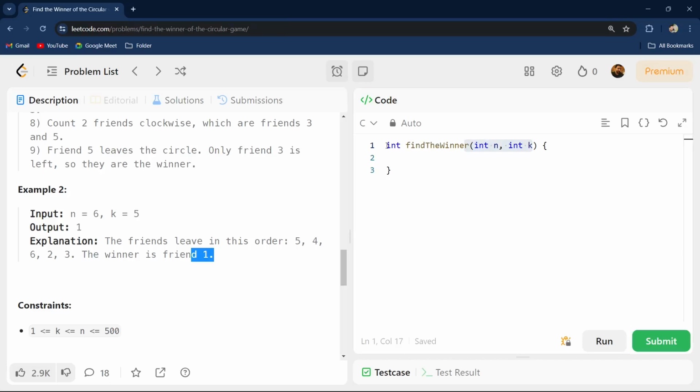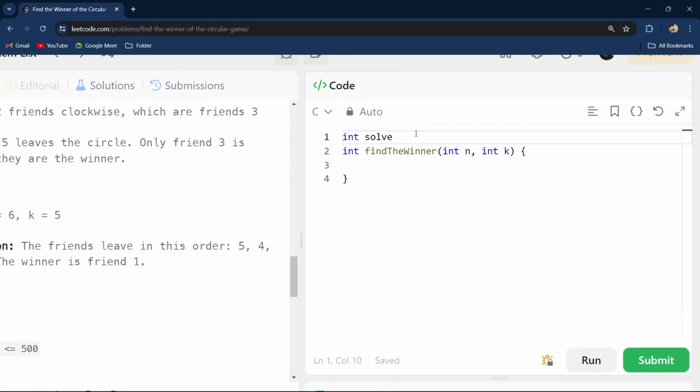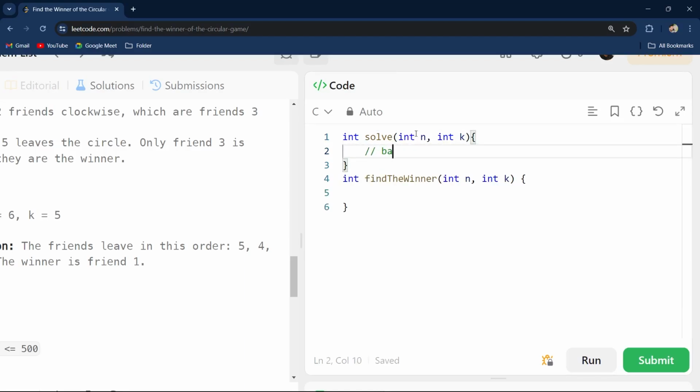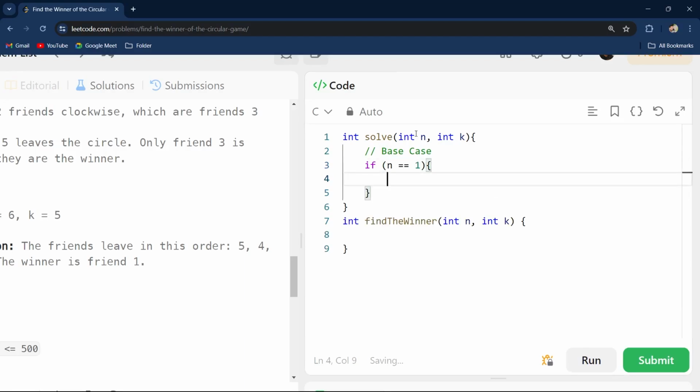So here, always remember, try to separate your logic from the main function or the main code that you are writing. So what I will do, I will just say solve. Let me just maximize the size a bit. Here I will take n comma k as the variables, and as I said, guys, let's talk about the base case first. The base case is, suppose there is only one person in the circle, then what will you do? Obviously one is the winner, there is only one person. So I will say if n equal to 1, that means if there is only one person, then I will return